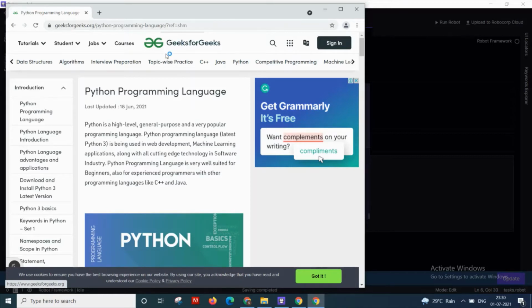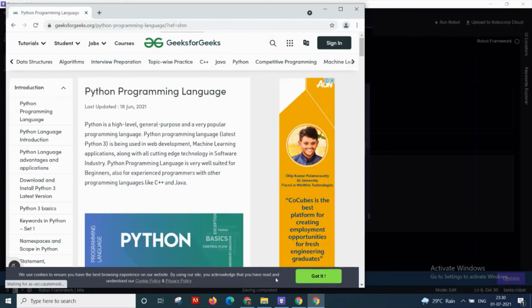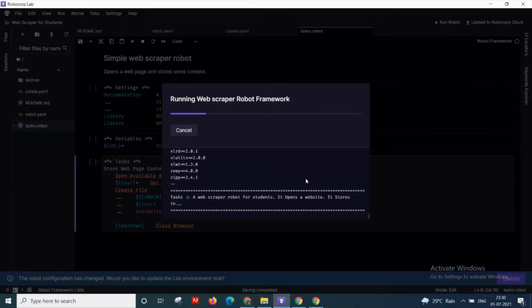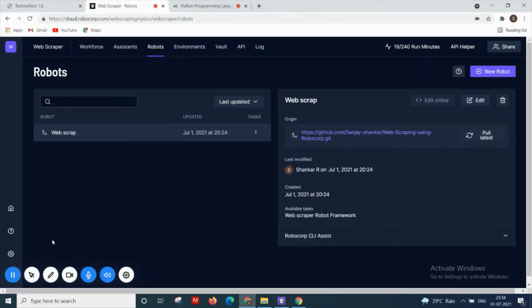So it is going to scrape the data from there and put it in a text file for us.